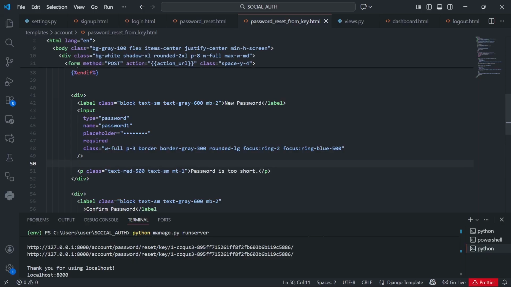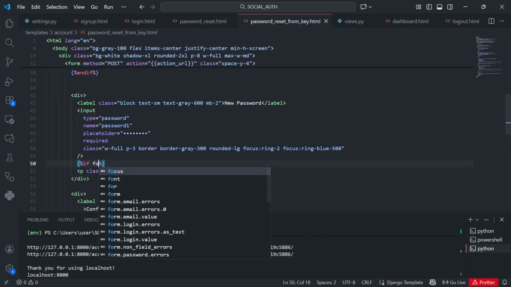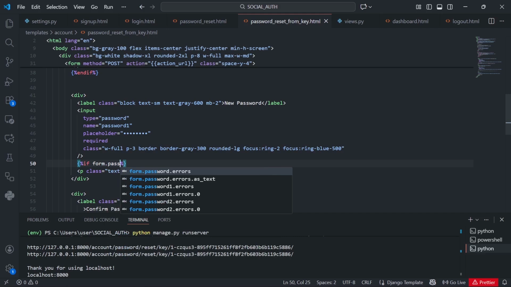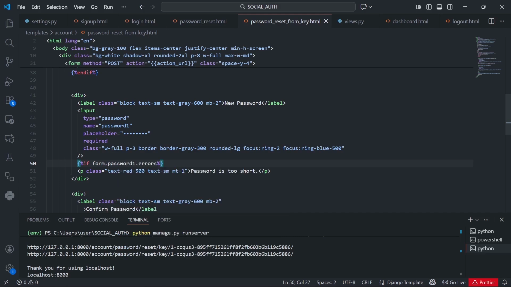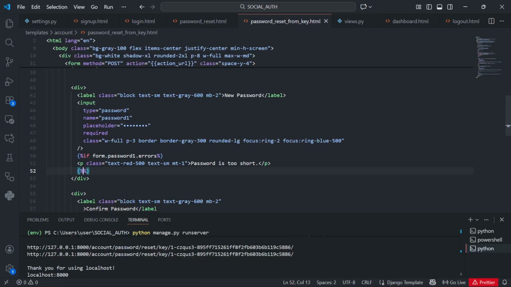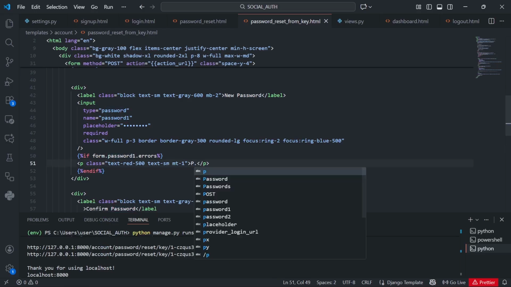So now in this place I'll put my curly braces, if form dot password1 dot errors, then don't forget to end your if here, so end if,